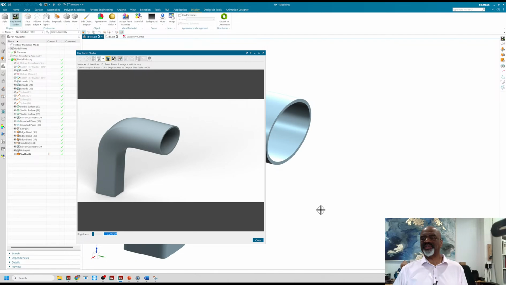The key things to remember are to use the stop at intersection command, so you're only selecting certain portions of the ellipse. The key thing is to apply your G2 continuity curvature, and